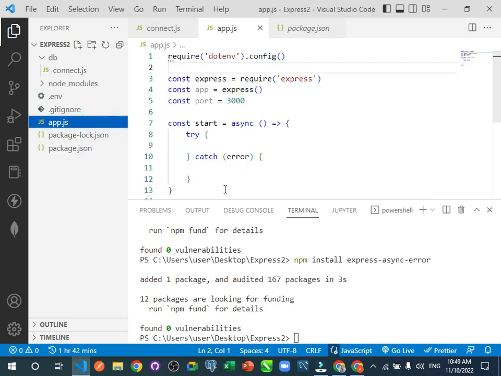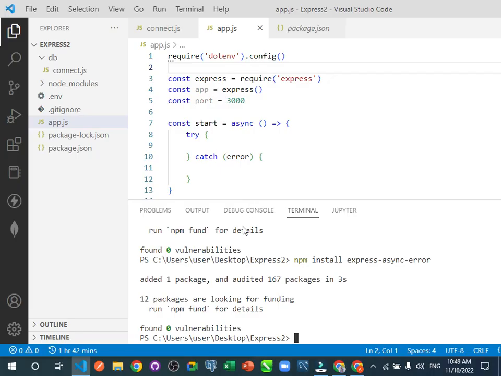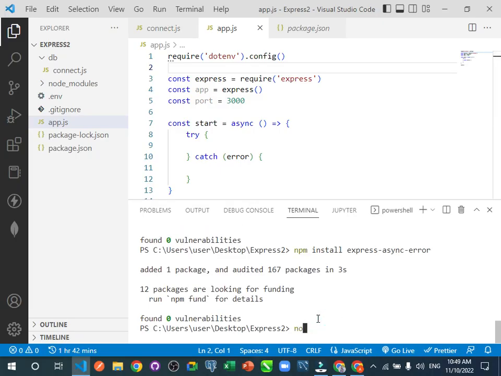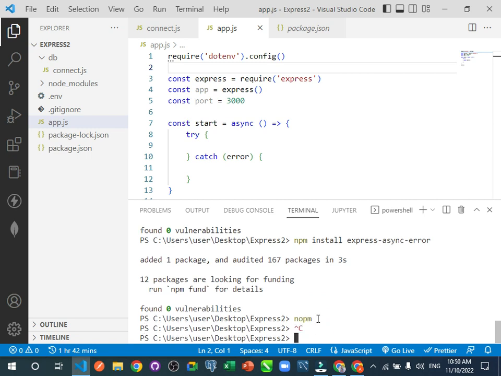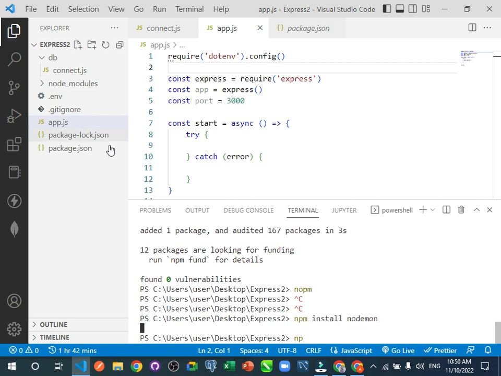Finally, the module that is important that I should install is nodemon. Remember when we were doing our normal createServer, we always had to say node app. We'll be breaking our server continuously. We don't have to do that with Express. We can just easily install a module called nodemon. So I will say npm install nodemon. Now once this nodemon installs,